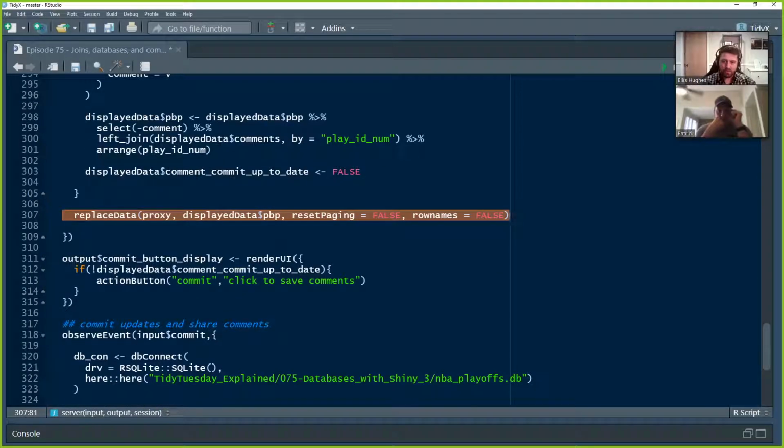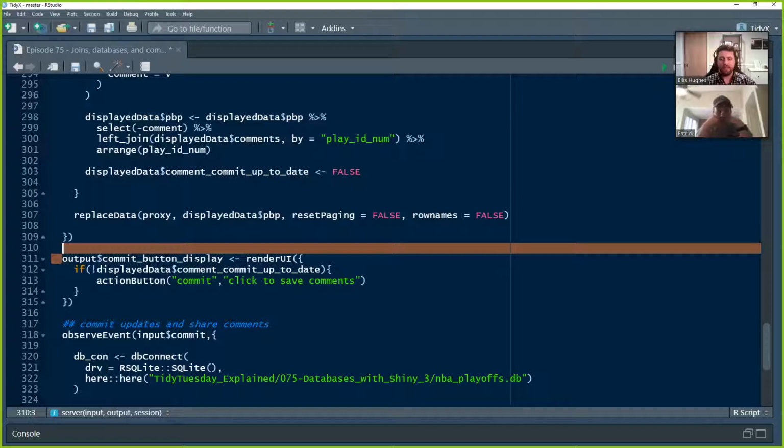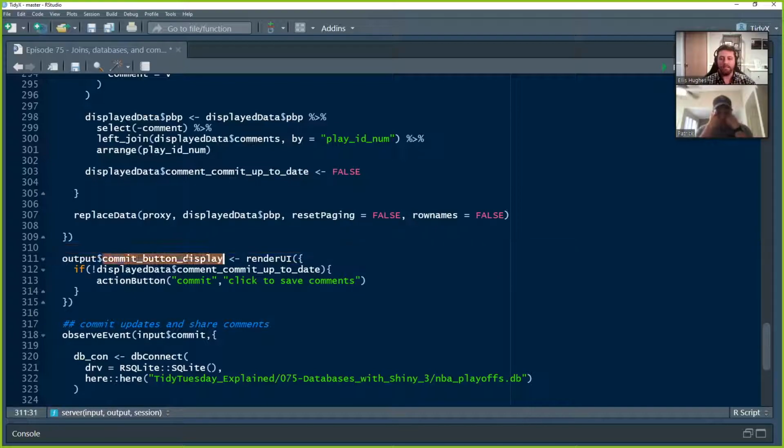which we'll get into. So now we're going to have this output commit button display. So the button displays that the UI output, so it can change. It's basically an empty div, so an empty entry in the Shiny app that can change the contents there. And so we're going to put this inside of a render UI. So this is kind of similar to any of the other render functions. So we're going to be pushing this output to the